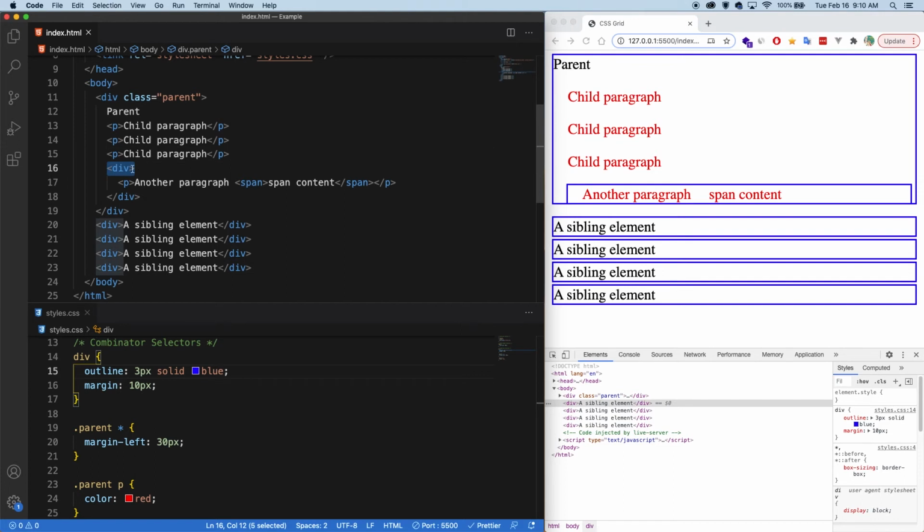And then we also have this div here, which is still a child element of this first div. However, this paragraph is a grandchild of this parent. And then we have a couple divs here that are siblings to the parent, because they're in line with it. I've added a little bit of styling just to make things hopefully clearer. So I gave all of the divs a blue outline and a little bit of margin so that there's spacing